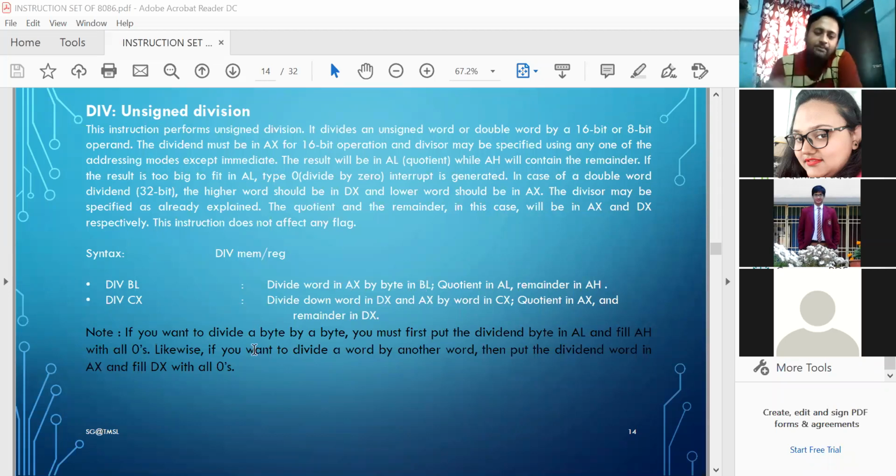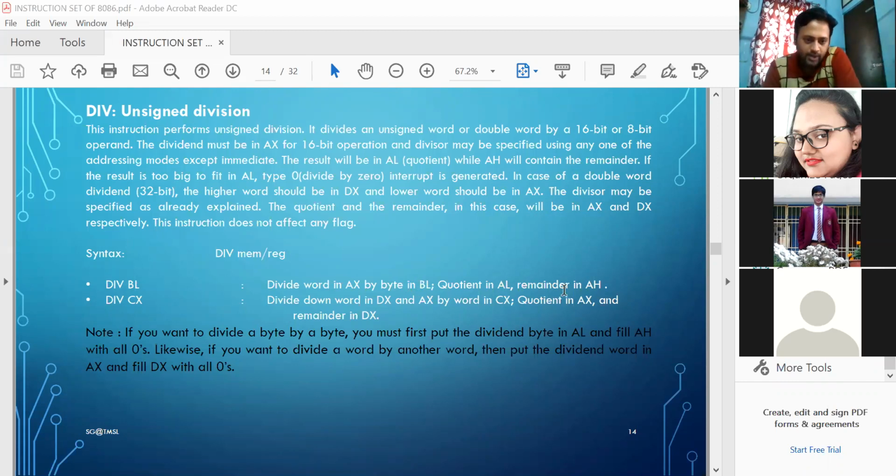Suppose I give an example, 08 divided by 04. So 08 must be stored in AL, and upper AH must be filled with 00. So 0008 divided by 04 is to be performed,